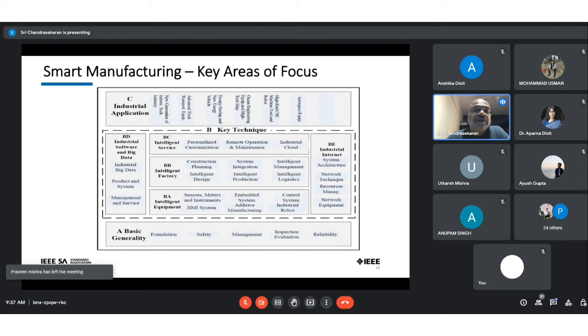We dissected it into three big buckets: the basic generality, the techniques that you use for making smart manufacturing real, and then the different industrial applications. Whether it is tracking transportation equipment or the next generation of information technology, the energy vehicle, all these different aspects, right? So on the basic generalities, it's